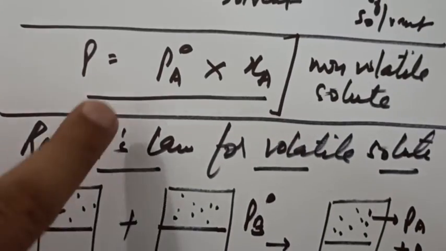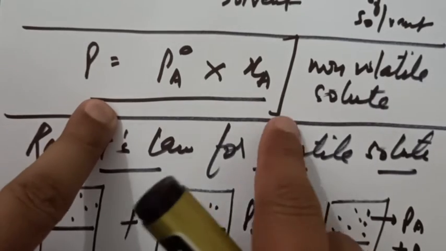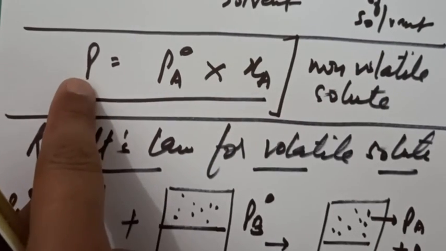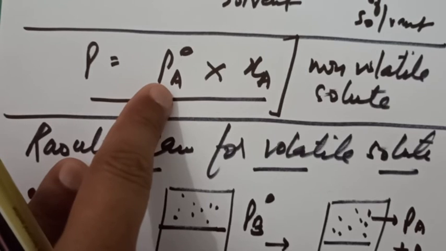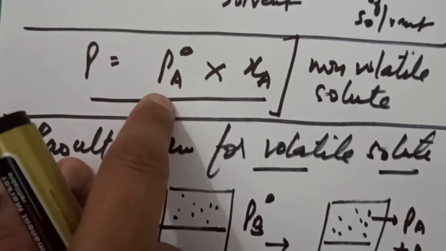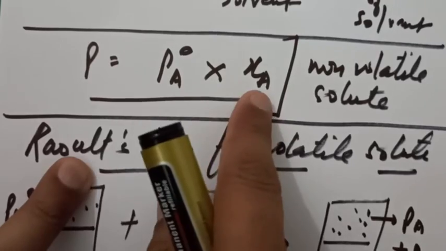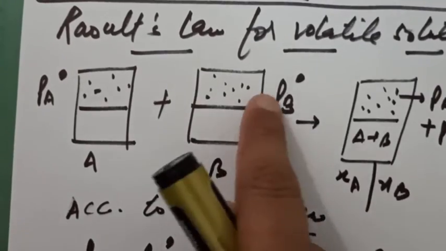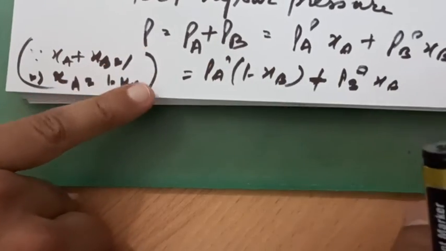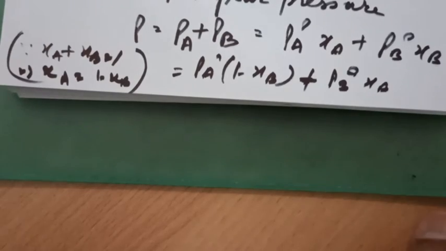So we have done two expressions for Raoult's law today. First one is for non-volatile solutes. For non-volatile solute, the total pressure of the solution is always equal to the vapor pressure for pure component, मतलब solvent and its mole fraction, मतलब solvent पर डिपेंड करेगा सिर्फ। But for volatile solutes, total pressure depends upon both components A and B also, clear, done। So this is how it happens।